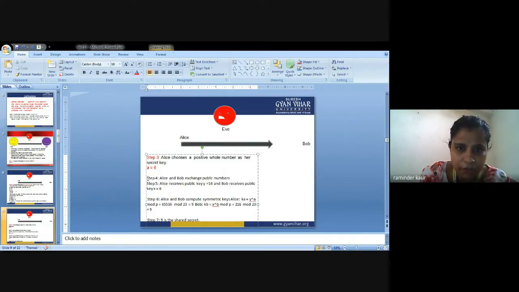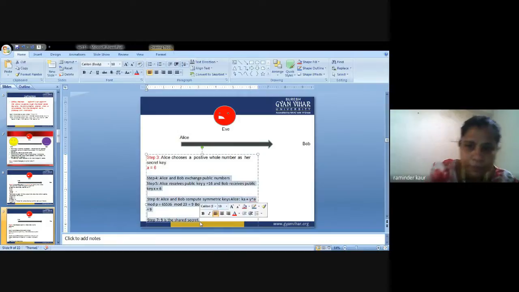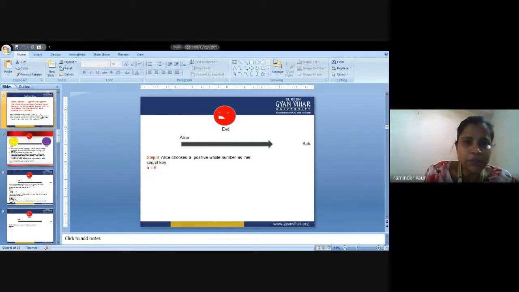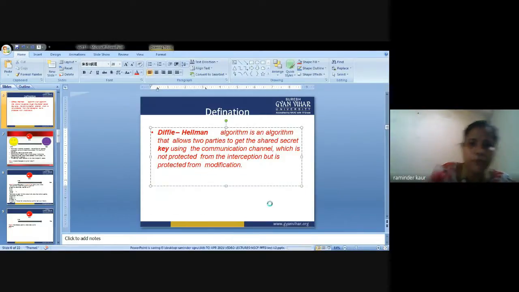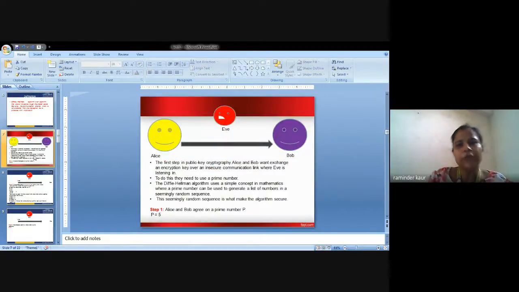I am removing all the steps that I have discussed so far, because it was just for your understanding, so that you can compute it in an efficient manner and you will not face any difficulty with what I am telling you about. So this was the actual representation. Now I am coming to the visual representation. So these are the main steps. I hope you must have read while I have given you the time for the same.